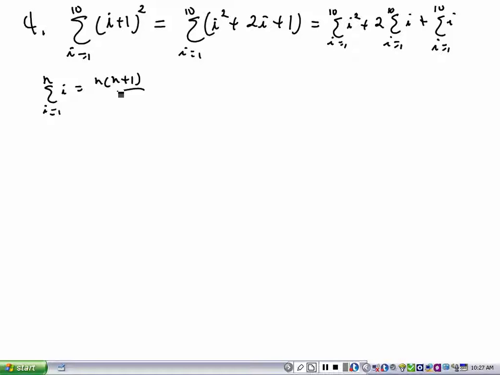And also the summation as i goes from 1 to n of i squared has a formula, and it is n times n plus 1 times 2n plus 1, all over 6. So we use this information